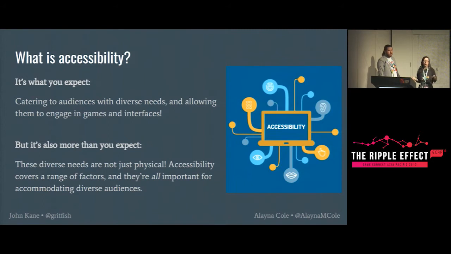But it's also a little bit more than what you might expect from just the term accessibility. In games, accessibility often refers to that physical access aspect of things, and it covers things like colourblindness and dyslexia and any sort of physical hindrance, and we do talk a bit about those different things as well. But it's also about other types of diverse needs that you might not have considered before, and you might not even realise that the way you approach game design is putting up barriers for people that you might not have met before or had any interaction with. So yeah, it's about accommodating the needs of everybody that might pick up your game.